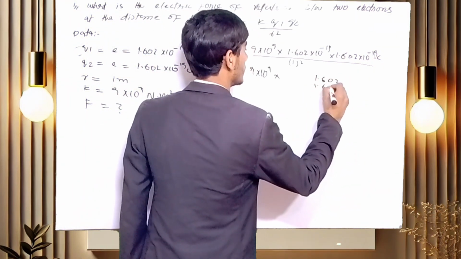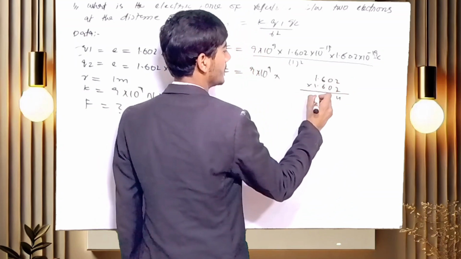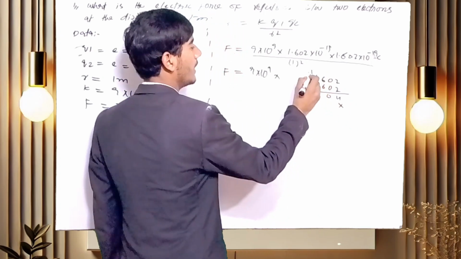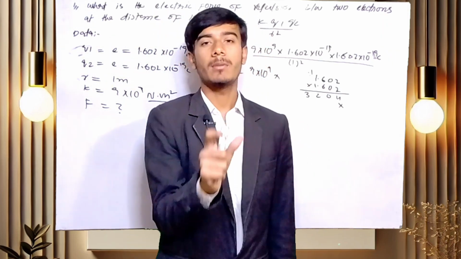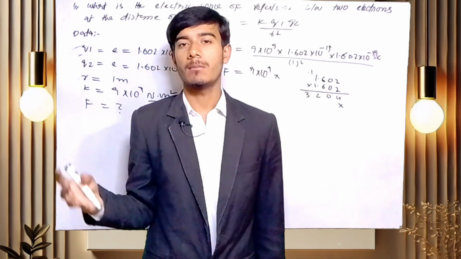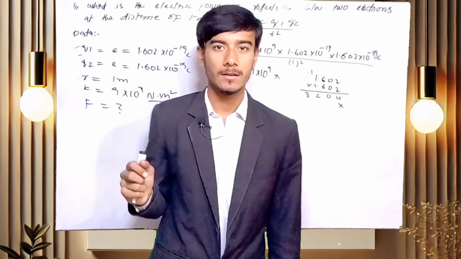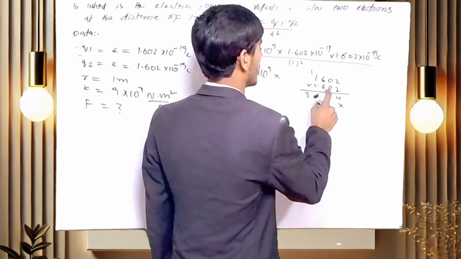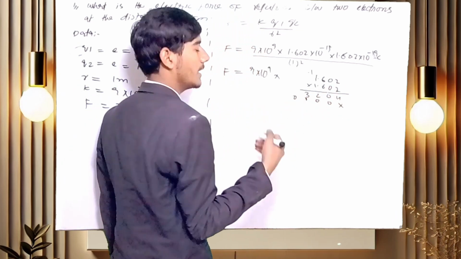1.602 times 1.602, I am multiplying. 2 multiplied by 2 is 4, 2 multiplied by 0, 2 multiplied by 6 is 12, 2 multiplied by 1 is 2, 3, because I add 1. You know that if I multiply 0 by any number, the answer will be 0. How many digits is the 0 multiplying? 4. That's why 0, 0, 0, 0. The answer will be 0.